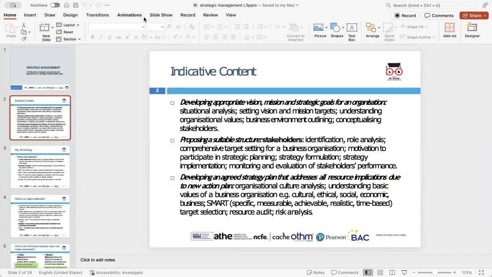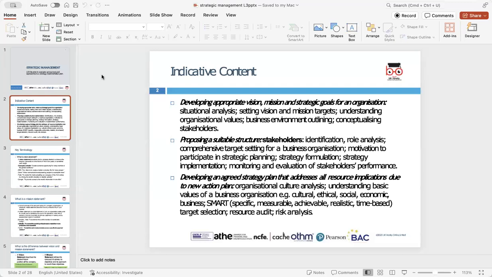So, indicative contents. The main indicative contents are developing approaches, vision, mission, and strategic goals. Then we will discuss proposing a suitable structure, stakeholders identification and role analysis. And then the third one is developing an agreed strategy plan, organizational culture analysis, understanding basic values, SMART target selection,